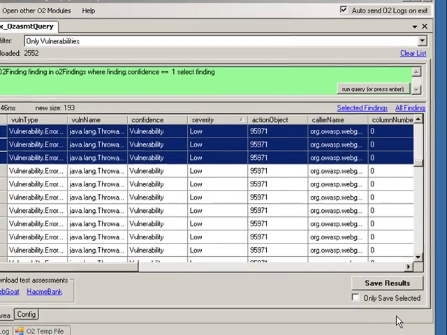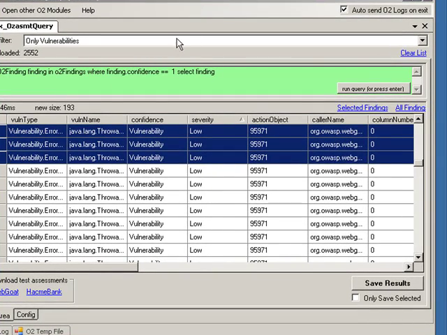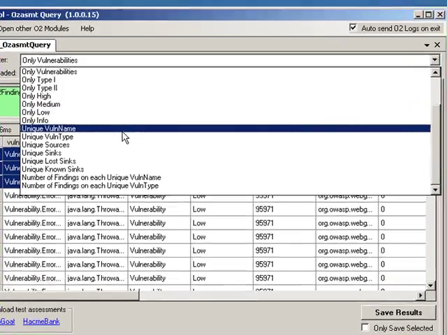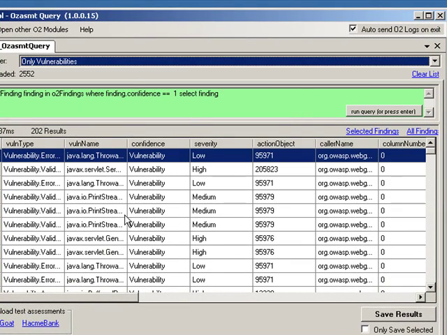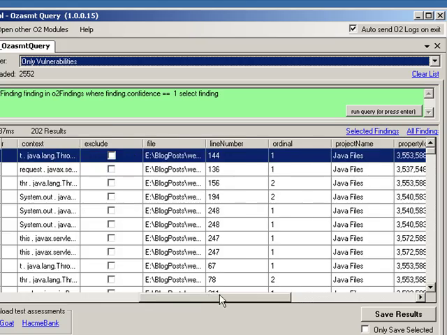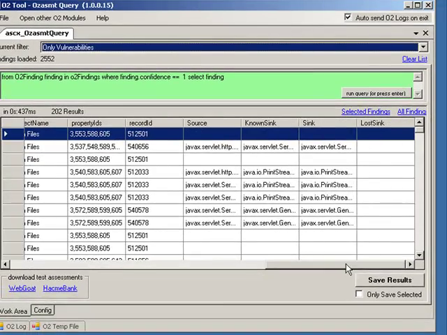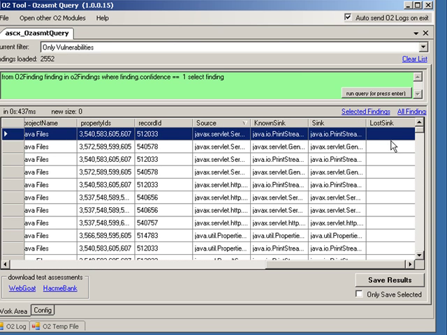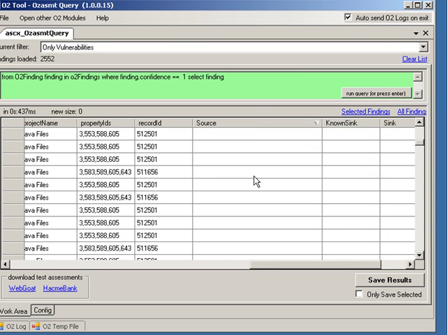So the next feature I want to talk about is the ability that you actually have to manipulate all the findings. So let's just look at, for example, vulnerabilities. So here's my query that has all my vulnerabilities, and there's the information about it. And you can immediately see which ones are the sources. So if I want to know all the sources, I just double click there, and that's all my sources there,